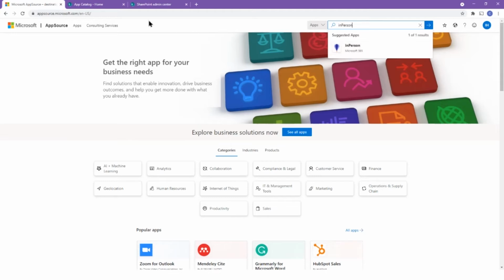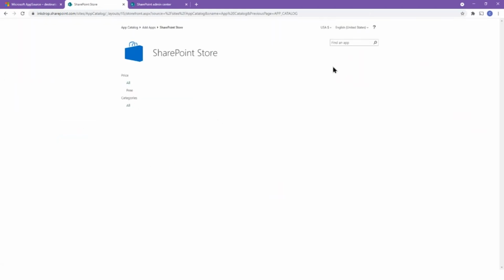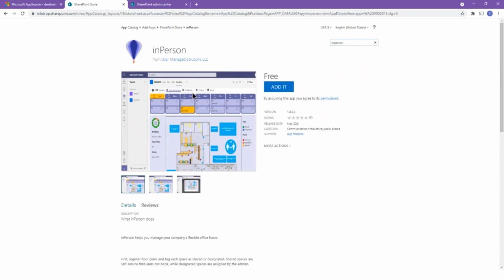The method we're going to use today is to go directly to the SharePoint app catalog in your tenant, and from there access the SharePoint store and get the app, add it,